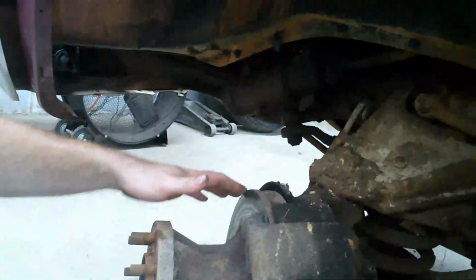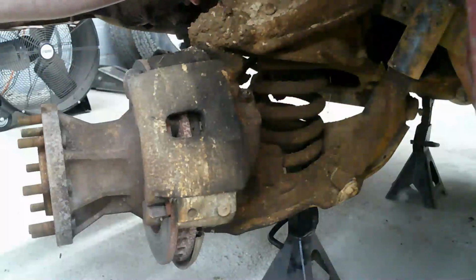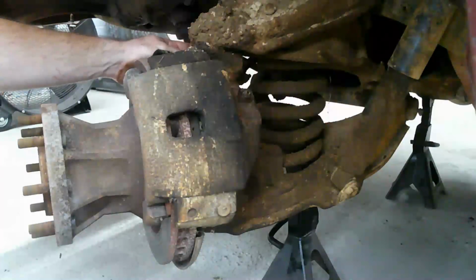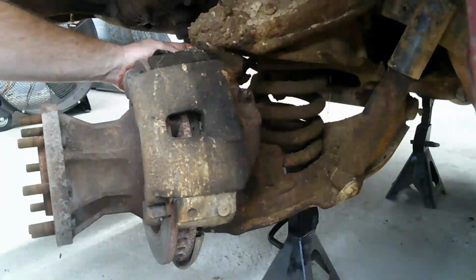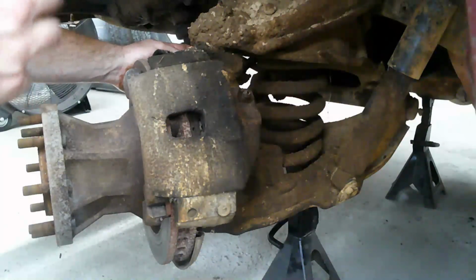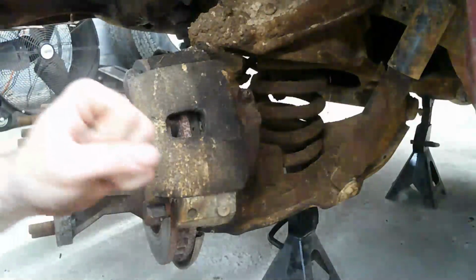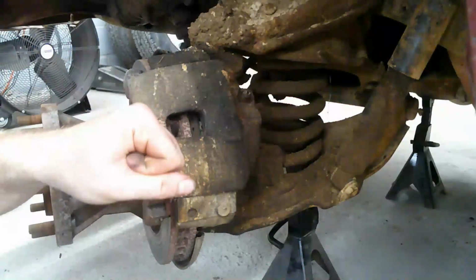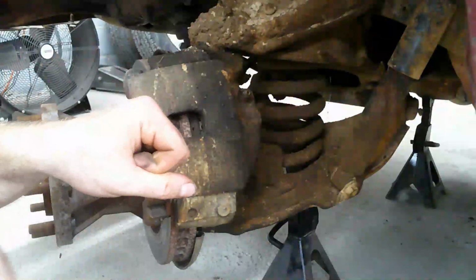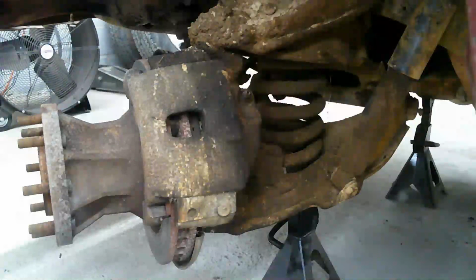this rubber line up here, when they sit for a long time without getting used, the brake fluid just sits in them and it starts eating away at the inside of the rubber hose, and then it sends broken off pieces of rubber down into the caliper. It also makes the inside of this hose swell shut. So when you step on the brake pedal and have a big surge of pressure come through, it opens that up enough to let fluid come through, and then it closes back off again, so the fluid can't go back up to the